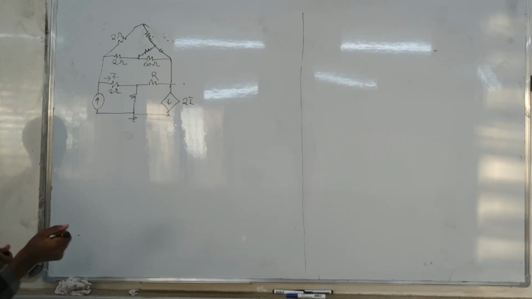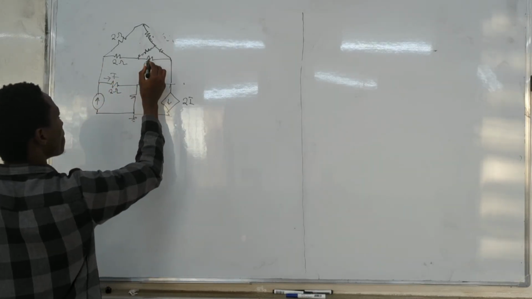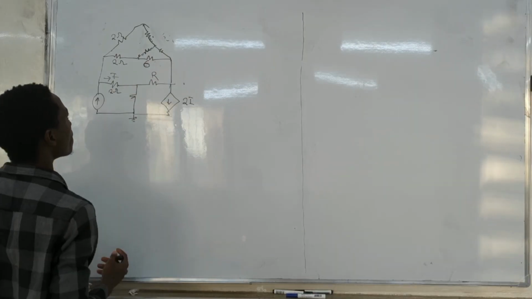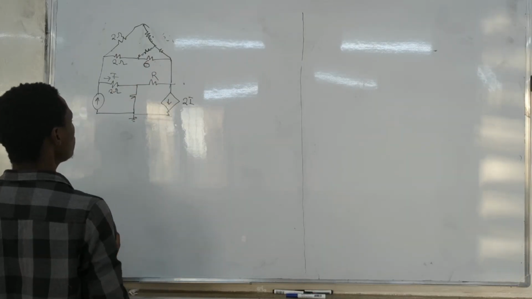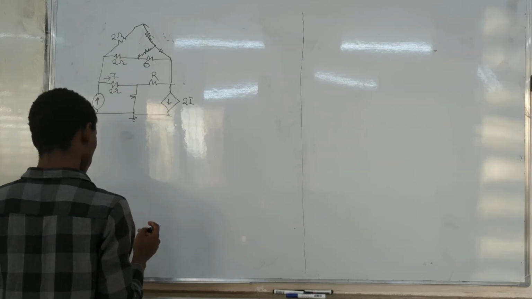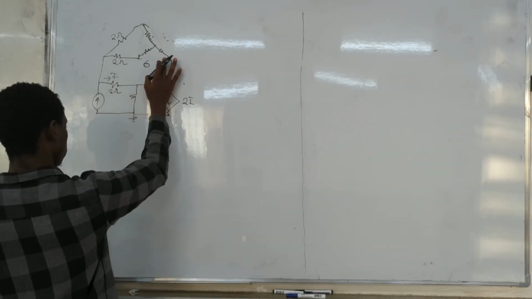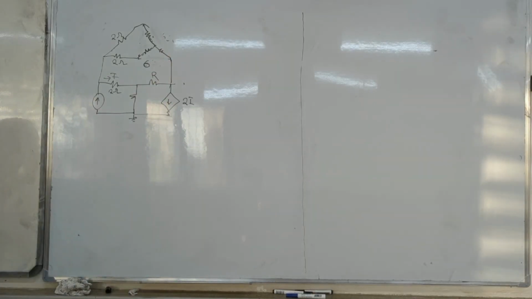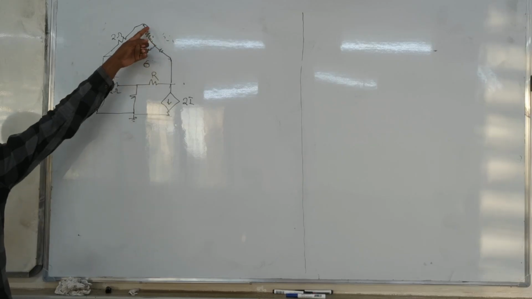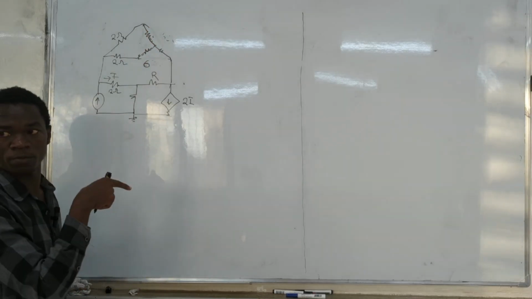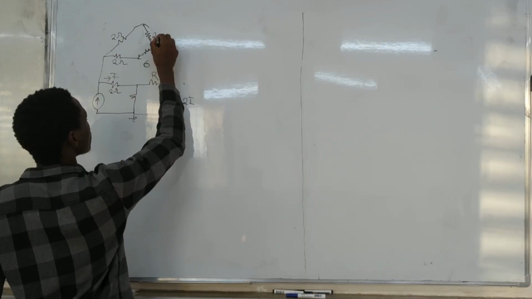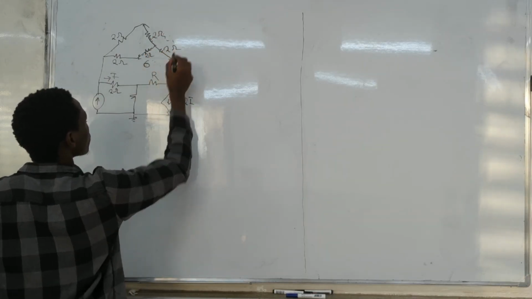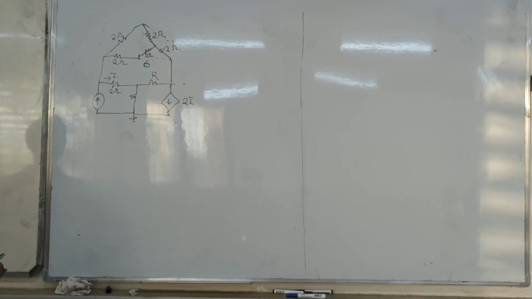6. So when we do the transformation, we'll get something like that. You can redraw it or you can keep it like that. It's okay. So what's the resistance here? 2. So 2, 2, 2, 2. Then next,